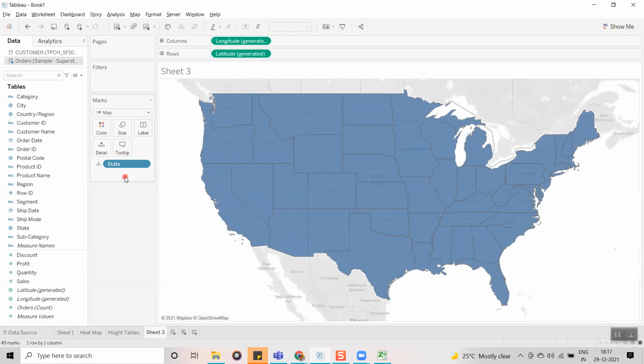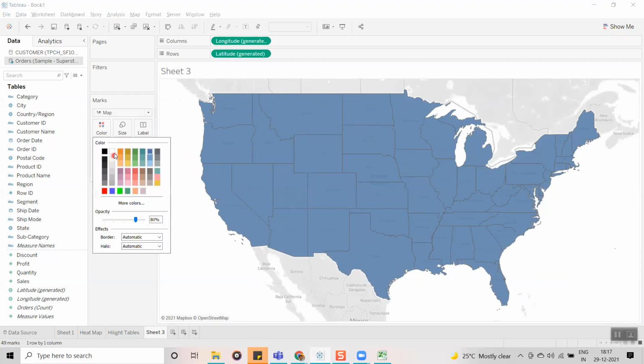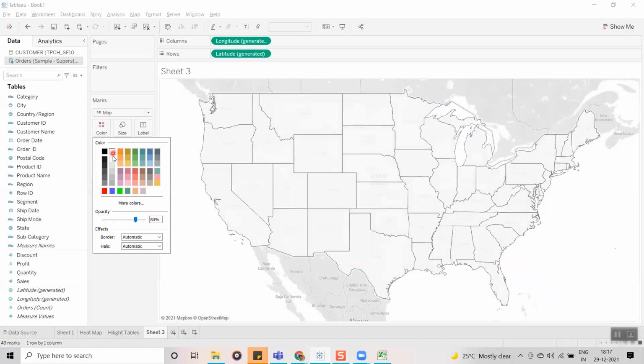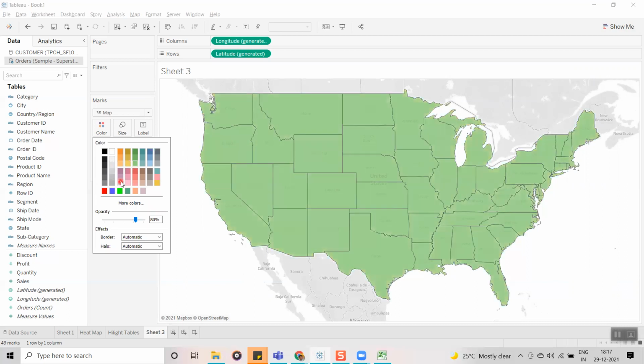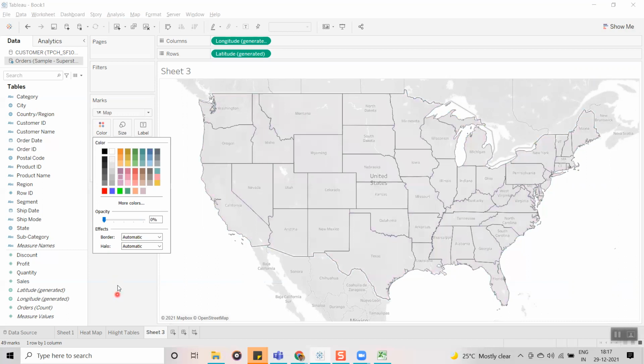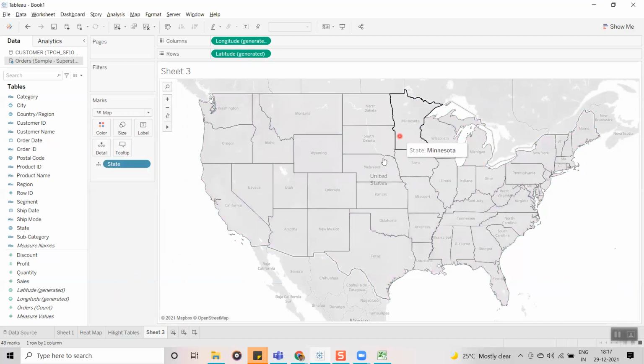Okay, so if you want, you can change the color. You can click on white. You can choose any color, whatever you want, guys. Okay, the map color. See here, whatever you want, you can choose it. But by default, the opacity, you can see the opacity. If I give 0, now you guys can see here the names also. So you can see the names also.